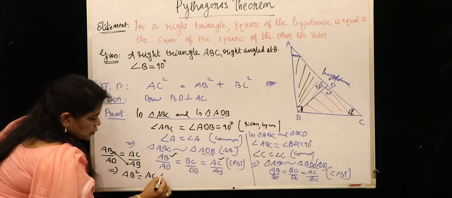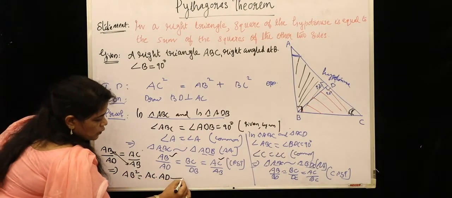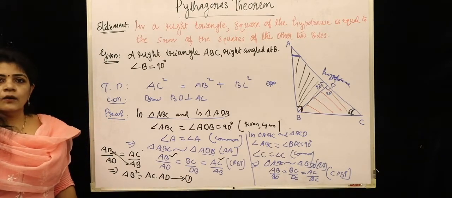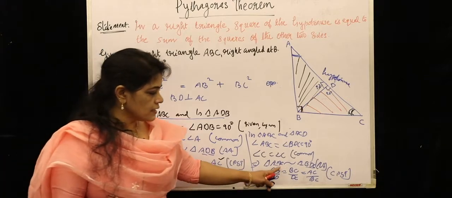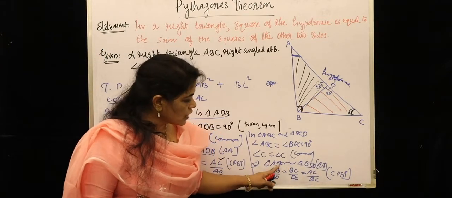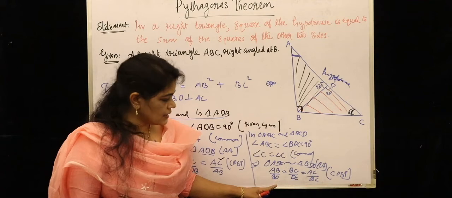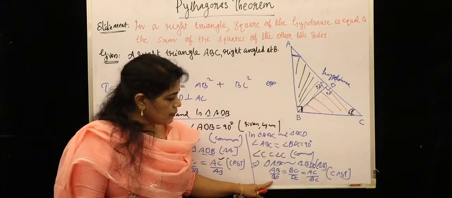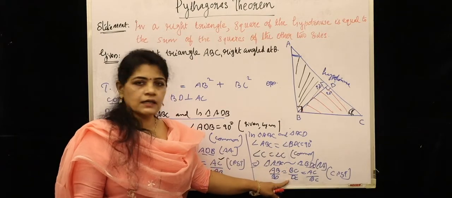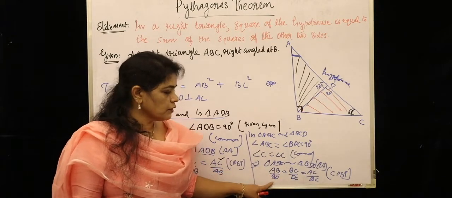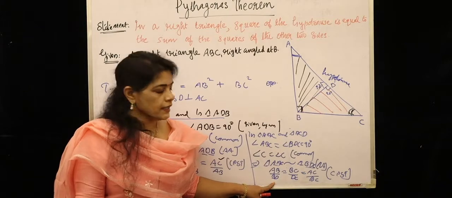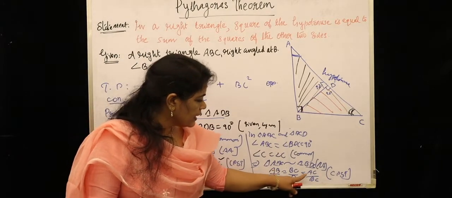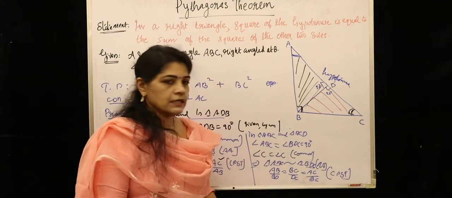AC into AD. This is equation number 1. Idea is clear, children? Okay. Now the second similarity relation, we have triangle ABC similar to triangle BDC. See children, which sides you have to select from these three: AB by BD, BC by DC, we can't take. Cross product will not give any square of any of the sides of triangle ABC. So children, AB by BD and here AC by BC.